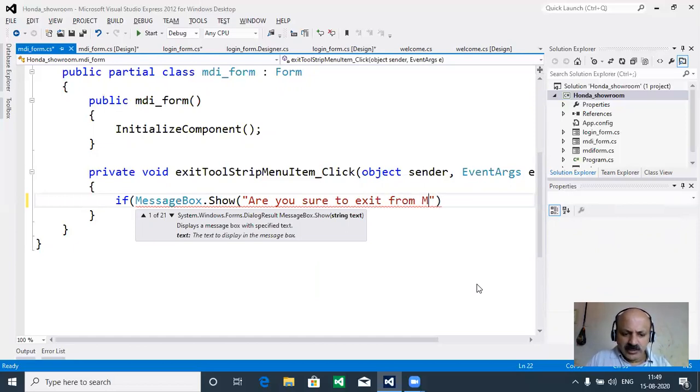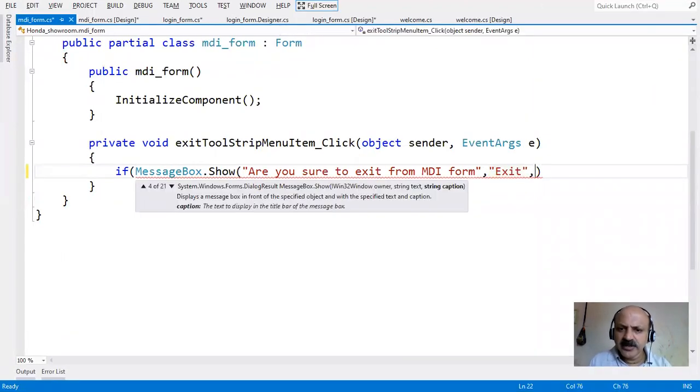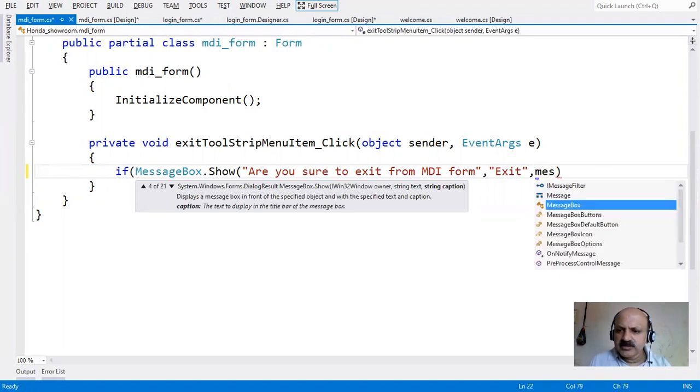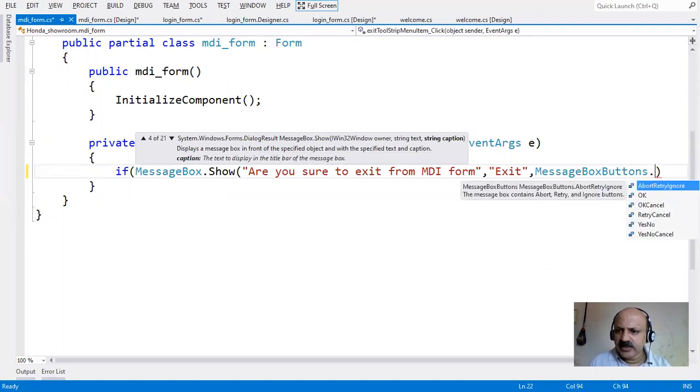from MDI form". So there is a form, and that is the text. Here we say exit message header, that is the second argument. I already gave the idea, I made it full screen so you can get the idea. Now how many buttons: the MessageBoxButtons class is there, and we can take Yes/No or OK/Cancel.